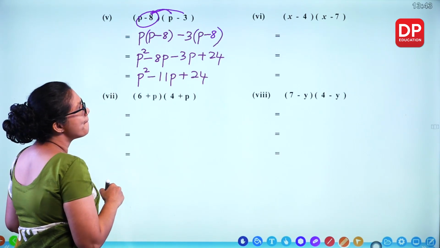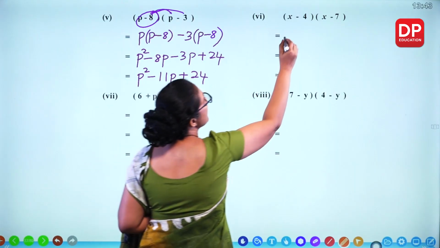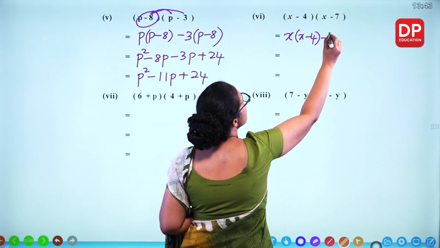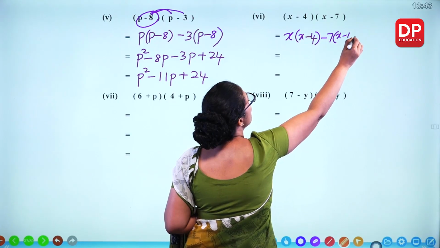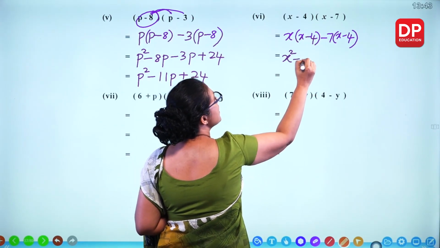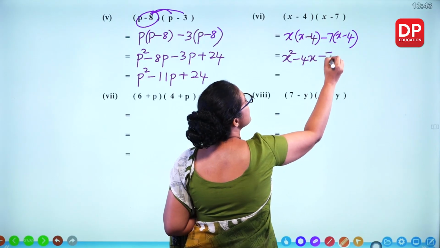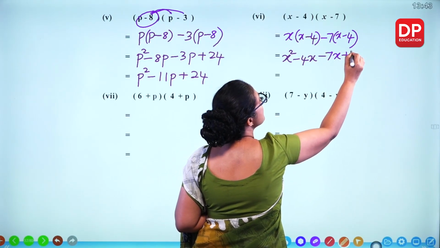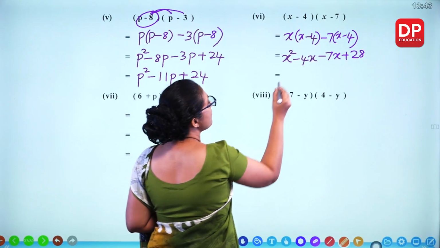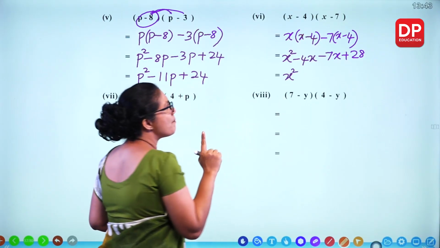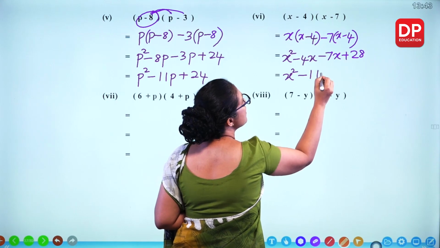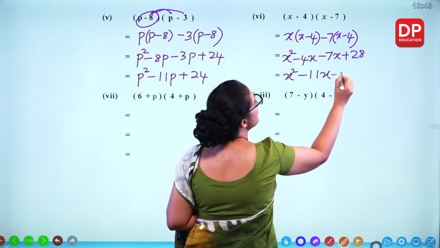24 there. This one, x with x minus 4, minus 7 with x minus 4. X squared minus 4x minus 7x plus 28. X squared minus 4x and minus 7x, minus 11x. And here plus